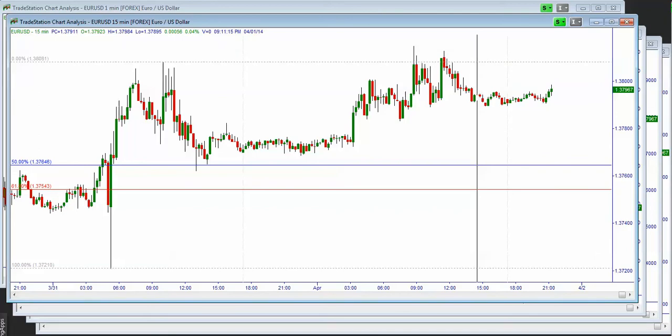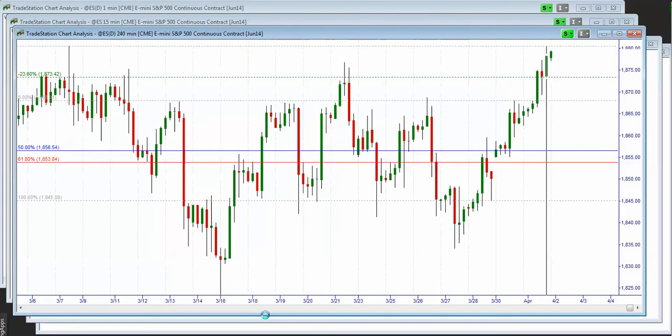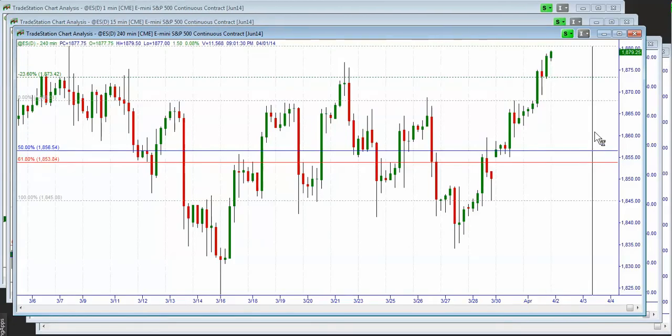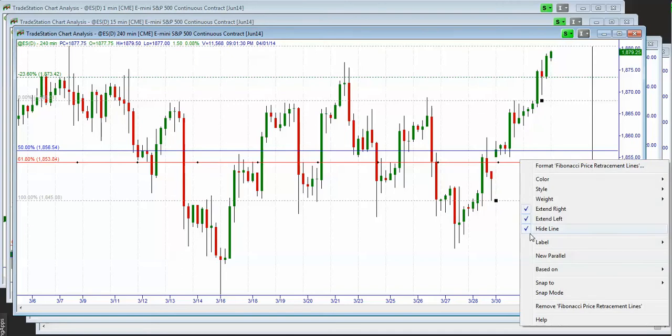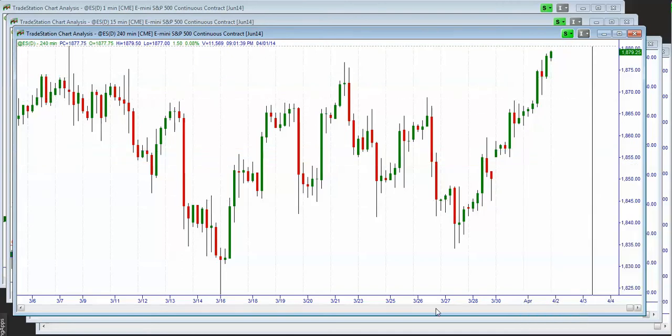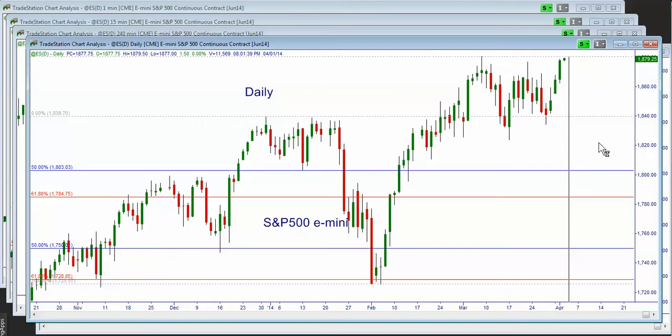137.95, 96 level here. The S&P500 continued higher. It had this large move higher today, and this measure move on the 4-hour never traded. So let's start from the daily. We had this